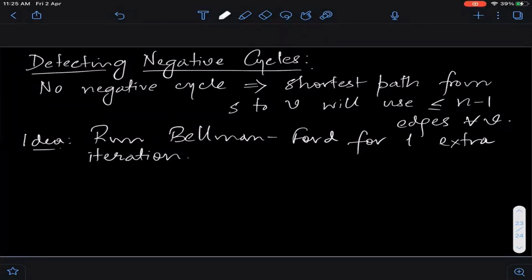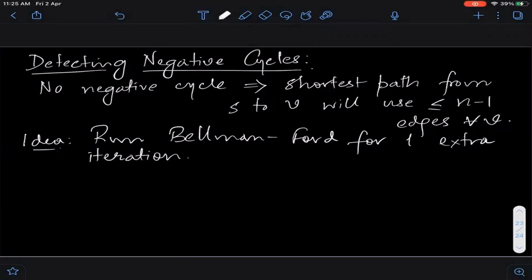ठीक है? So what should I check now? So suppose I ran Bellman-Ford for one more iteration. Now, okay, again, intuitively. So when should I say, after running this, that there is a negative cycle? And when should I say that there is no negative cycle? So Kevin, that's a very hand-wavy way to say it, right? What do you mean last two columns are same? So good. Okay. So here is what Shivam is suggesting.